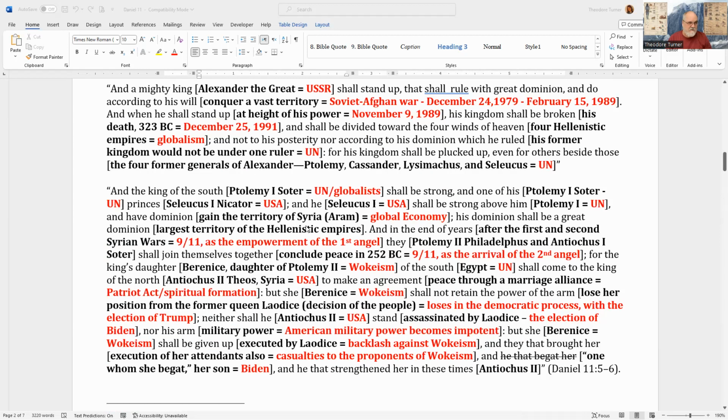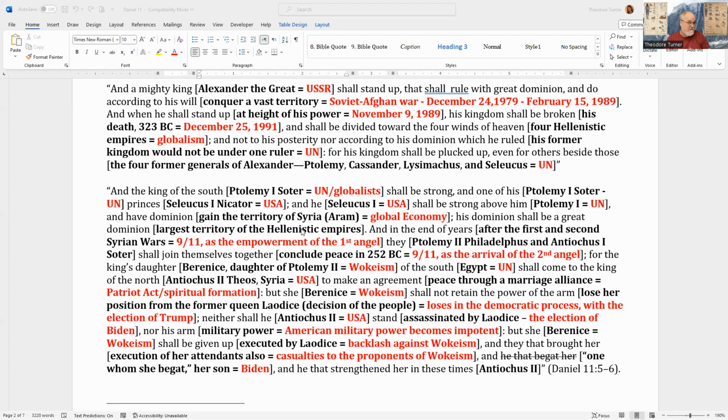And the king of the south, that's Ptolemy the First, because he's the king of the south of Egypt, he represents the UN, or the globalists. Now we know that this is past because of the previous verses, that this character of the Soviet Union, which is who we're pairing Alexander with, is going to pass from the Soviet Union to the United Nations. So the United Nations, in a sense, is the globalists, right? But they're also the king of the South. So they become this aspect of what the king of the South was, what the Soviet Union was, now attached to the UN.